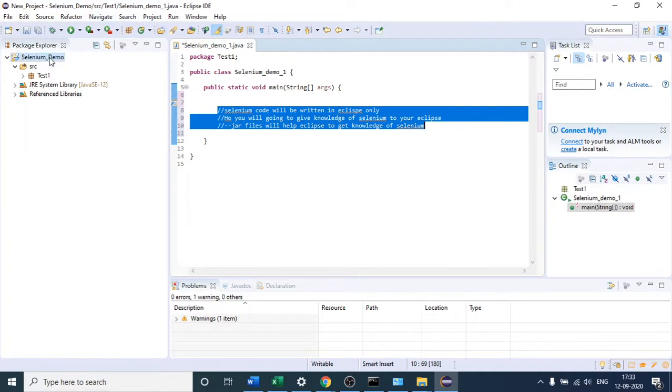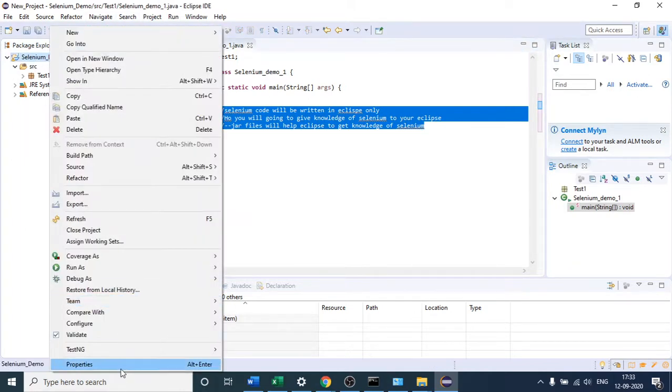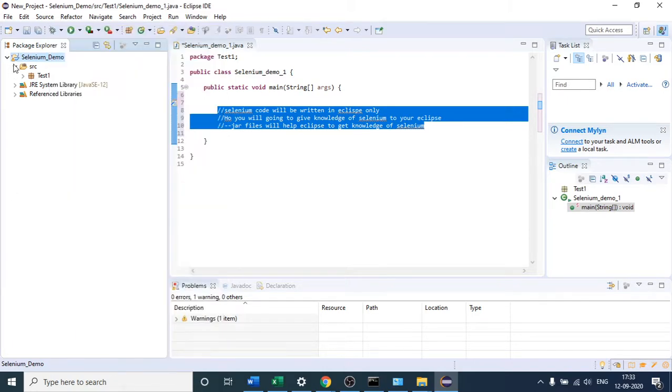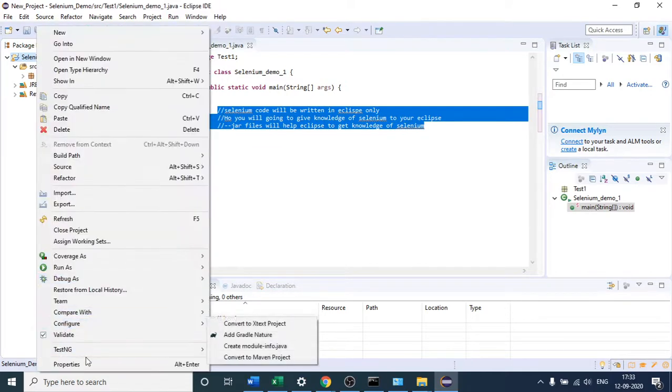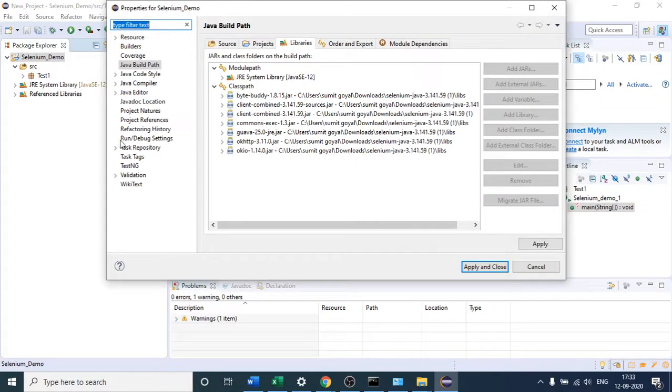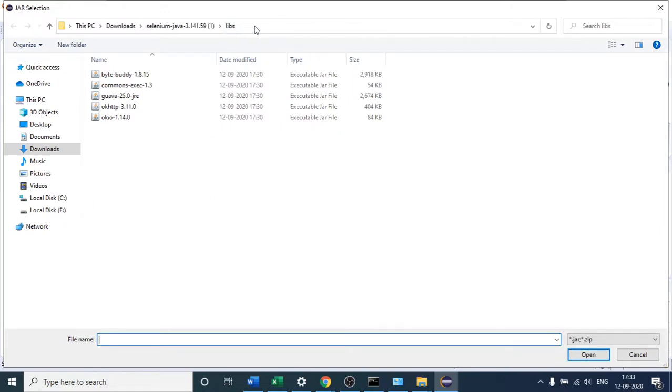See how we have to set the jar files in your Eclipse. Just right click our project, and then go to Properties. You will see so many options here. You have to click on Java Build Path, and come to the third one, the Libraries tab. Here, just click on Class Path. Then click on Add External JARs, because it is present in my local system. So I will click this and just provide the path where you have installed your Selenium jars. So this is the one where I have installed my Selenium Java jars.